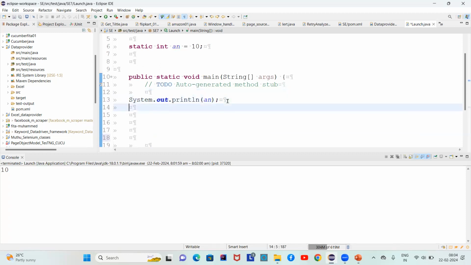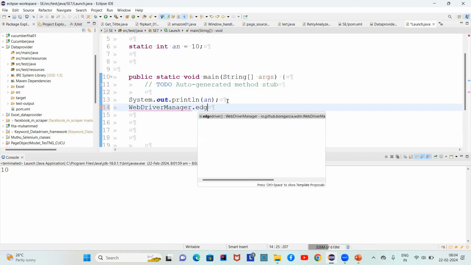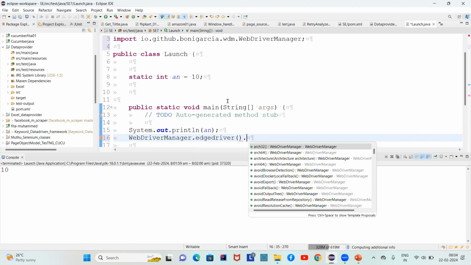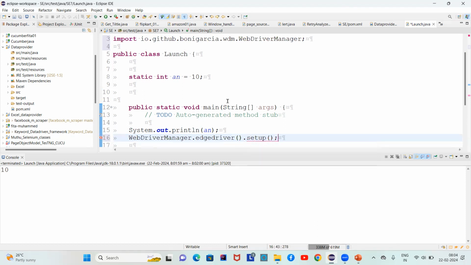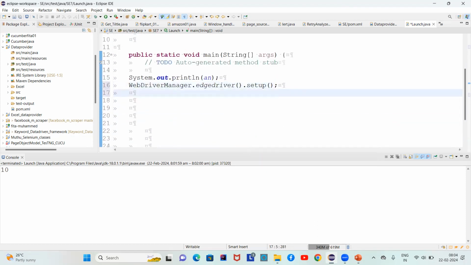So this much we want to know, what are the things. This is the basic thing. First, now we are coming inside Selenium. For that, here the WebDriverManager dot edgedriver dot setup, and then WebDriver equal to